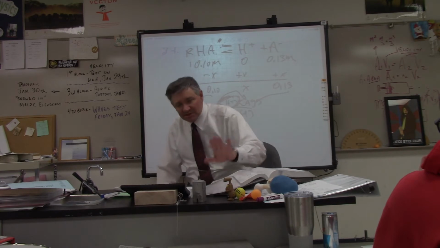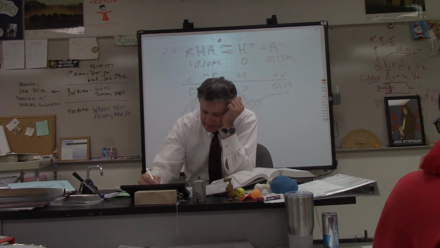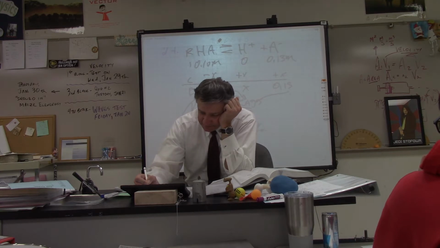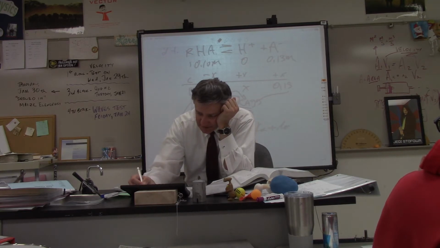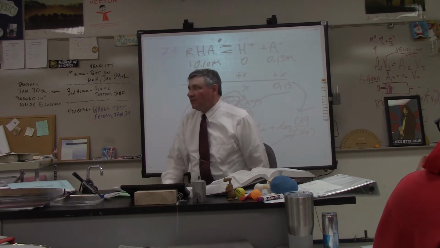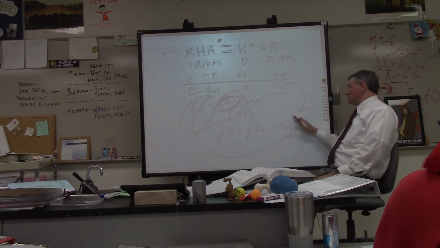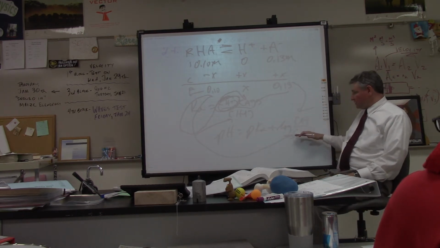The other option is that you use the Henderson-Hasselbalch equation. And you go pH equals your pKa plus the log of your anion concentration divided by the concentration of your acid. Here's my anion concentration, 0.13. There's the concentration of my acid. Now, before you do anything else, just knowing that this is 0.13 and this is 0.1,